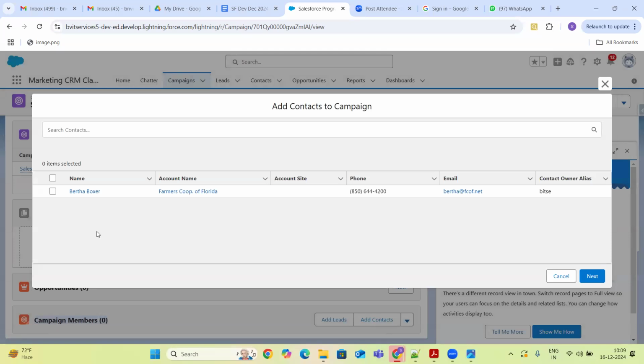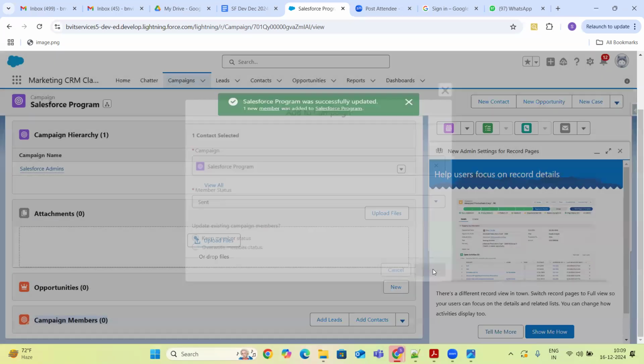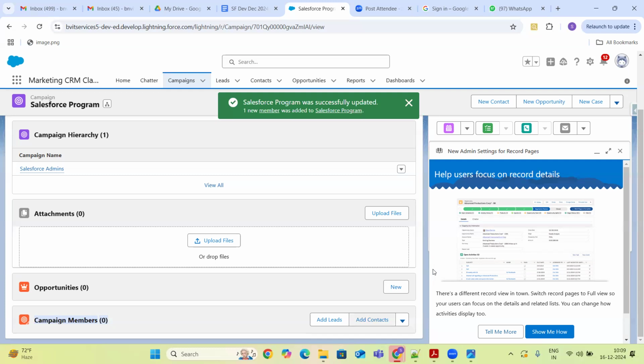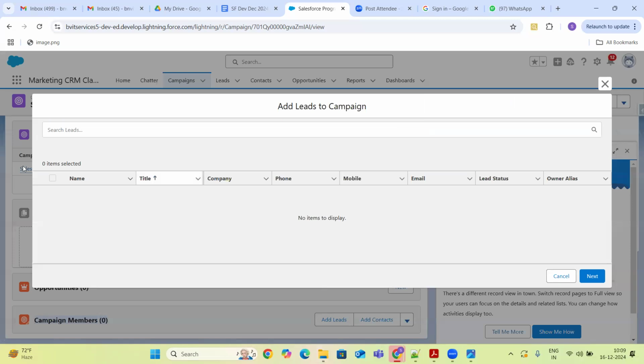If you have any existing contacts, you add those contacts. This is nothing but promoting your product to your already existing partners. And add leads are nothing but people who are showing interest. A lead is any person who is interested.